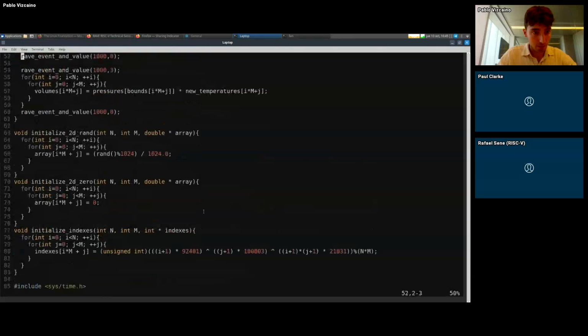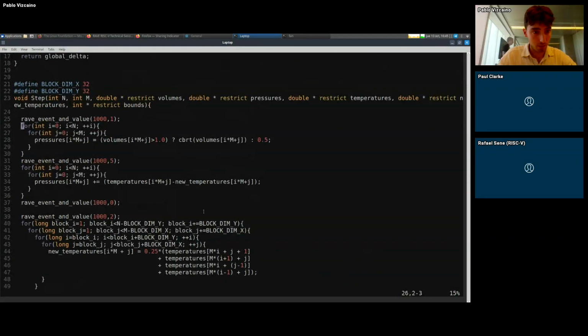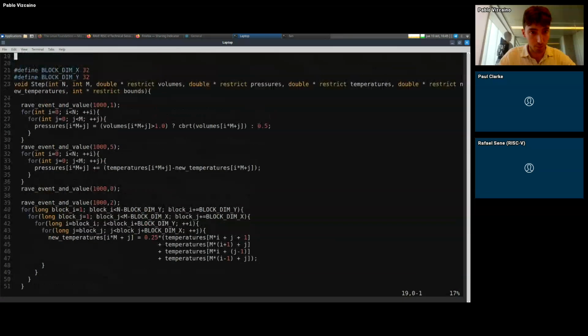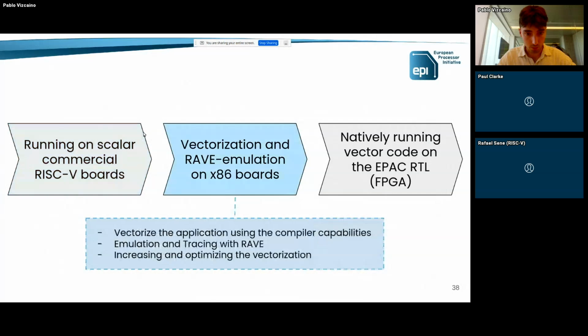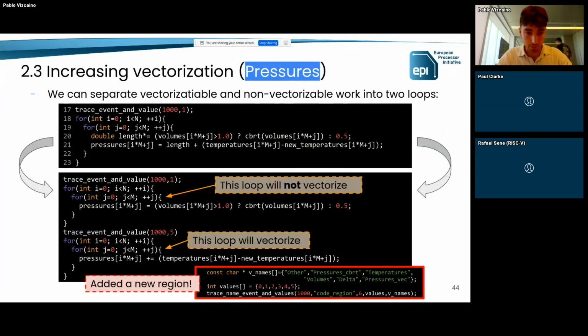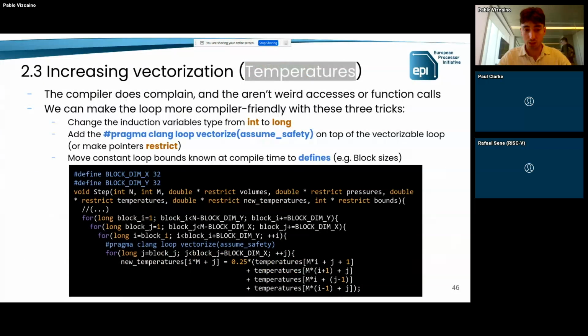You can see it here. So this is separated into two loops, and the pointers here are marked as restrict. Also, there's another thing that I did not mention. Let me go back to the slides. I don't have it open, right? Okay. So the temperatures